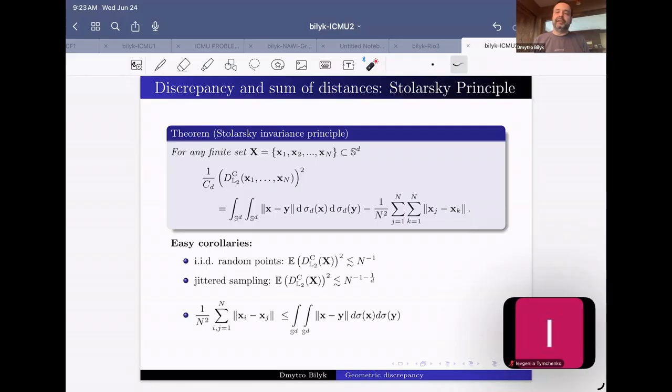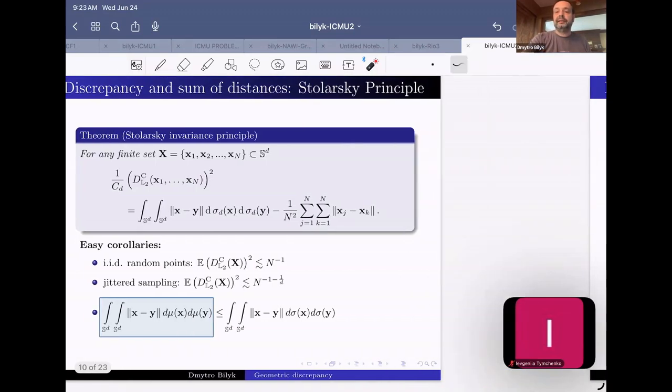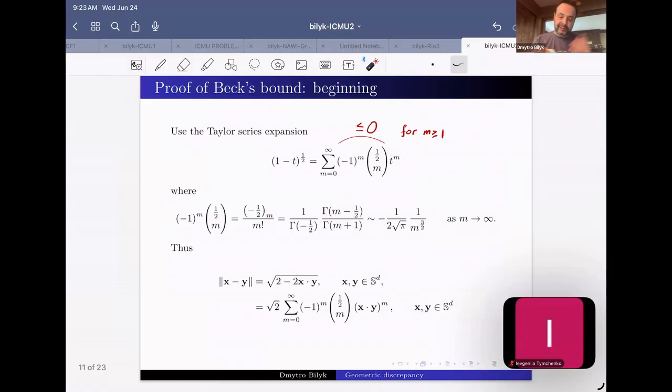Then you can approximate an arbitrary measure with discrete measures in the weak star sense. That's very basic functional analysis. So discrete measures are weak star dense in the space of all measures. All right. We will return to inequalities like that later, but now let's go back and try to prove